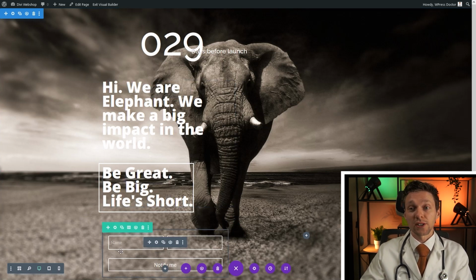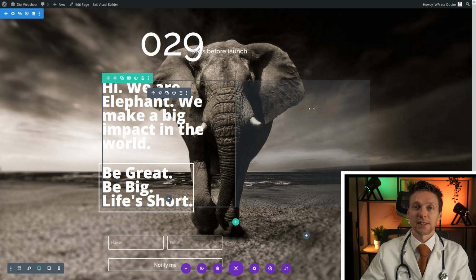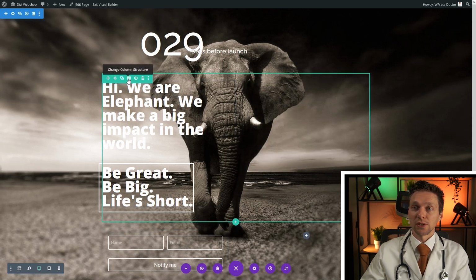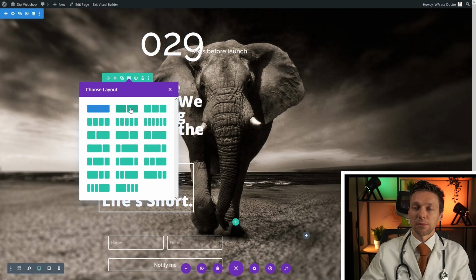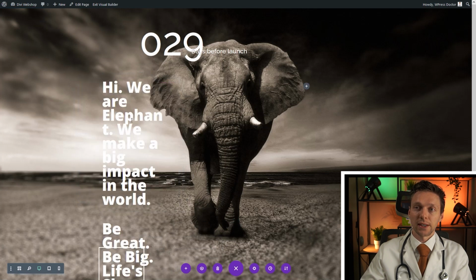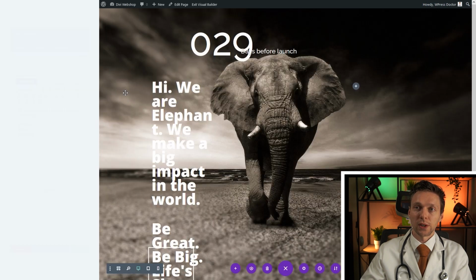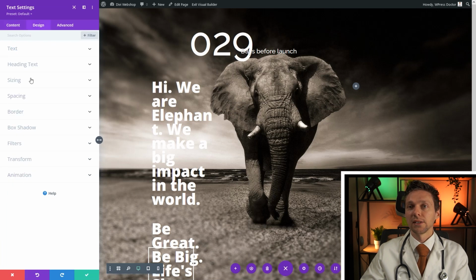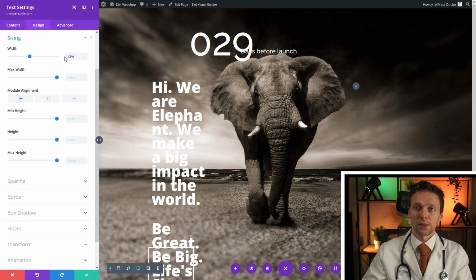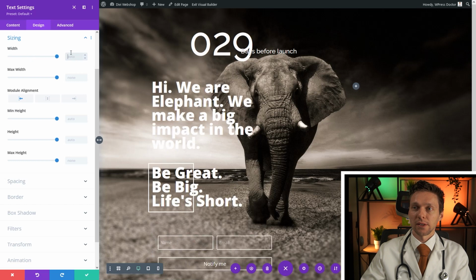I want this newsletter sign up to be on the right side. The best way to do is just go to change column structure, make it 50-50 like that, change the size back of this one, design, sizing, and then we just remove the sizing, or you can just press this icon right there. Now it's back.